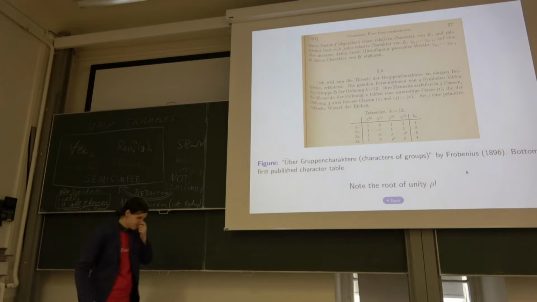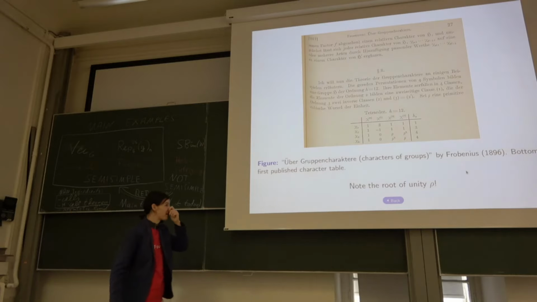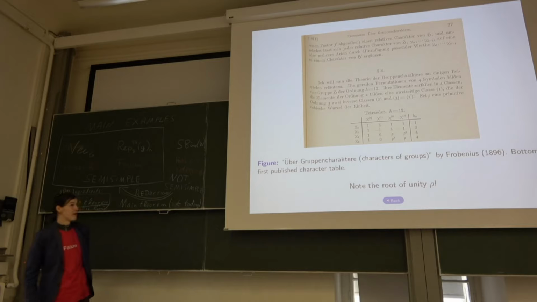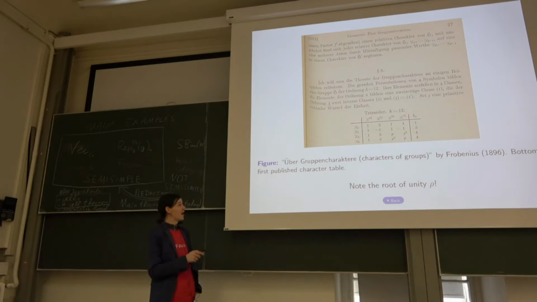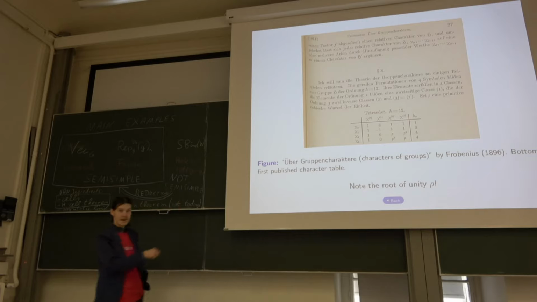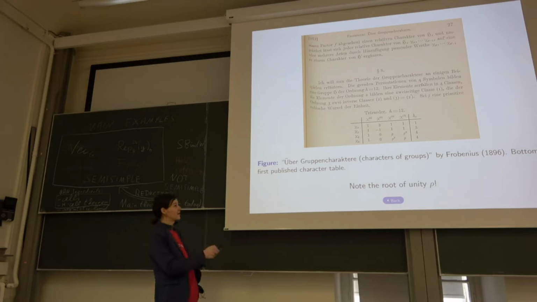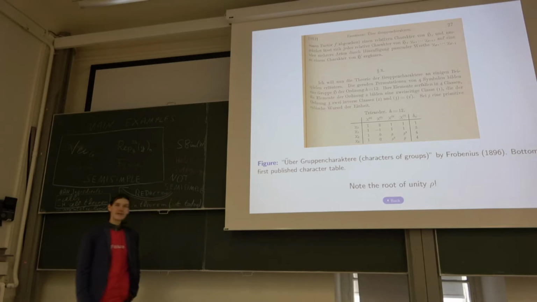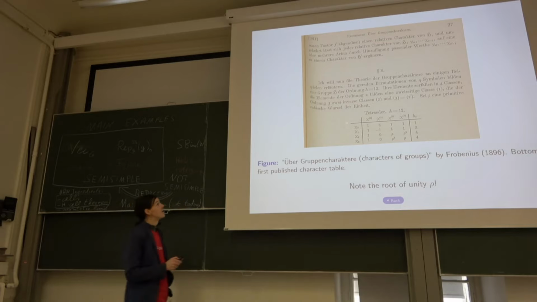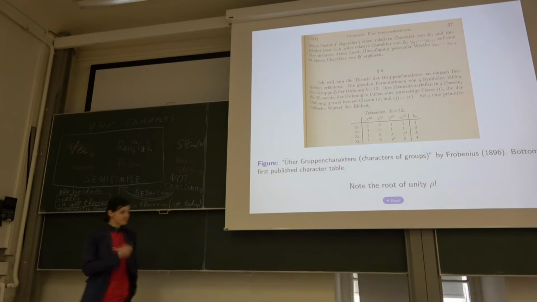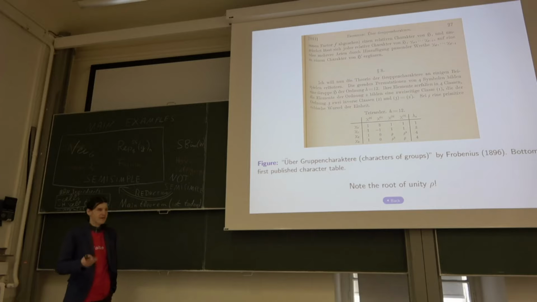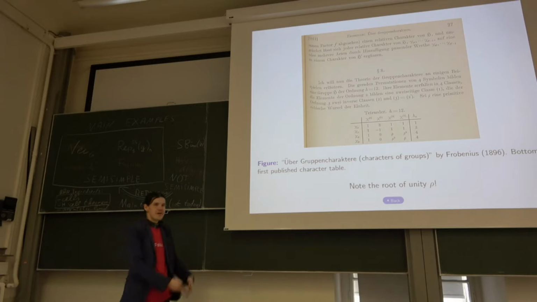So this is from Frobenius' book. So the first ever published character table. This is the one. So he basically already knows everything. So characters are indexed by, so that's what he writes here in the text, characters are indexed by conjugacy classes, simple characters, and he calculates the first character table for A4 in modern language. So for the symmetry group of the tetrahedron. So 12 elements, A4. So he just did it because he liked it.